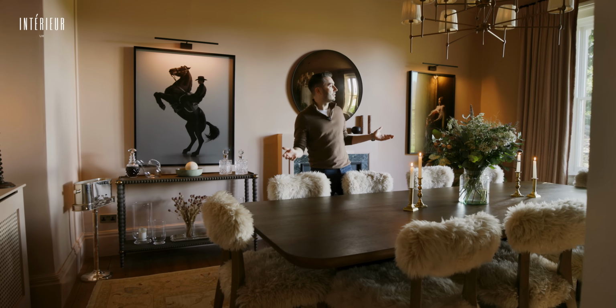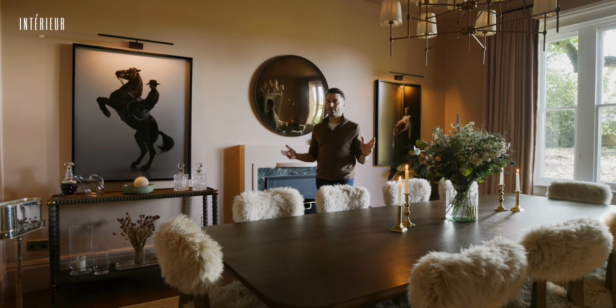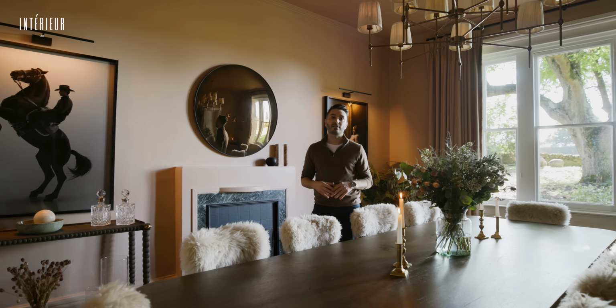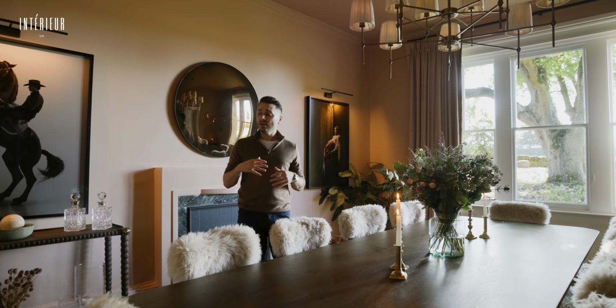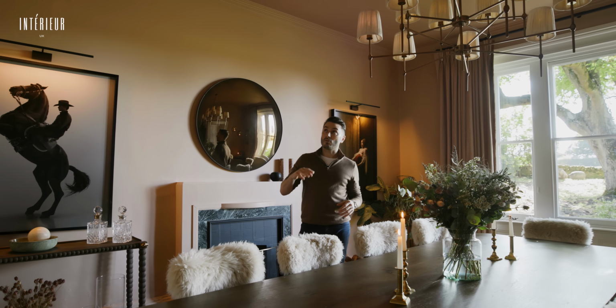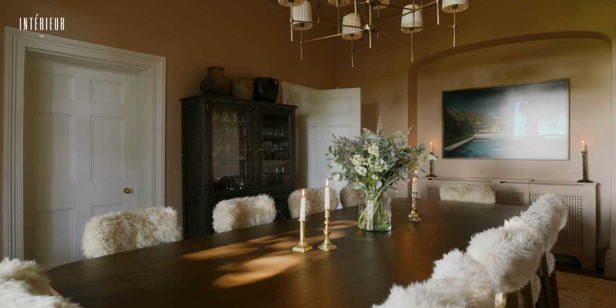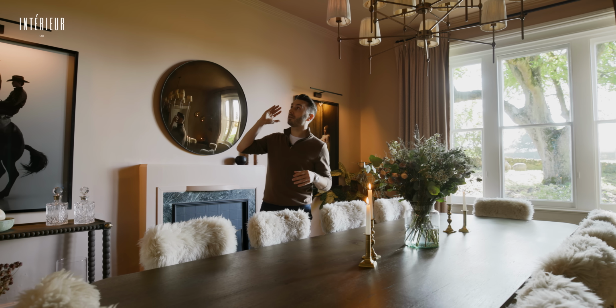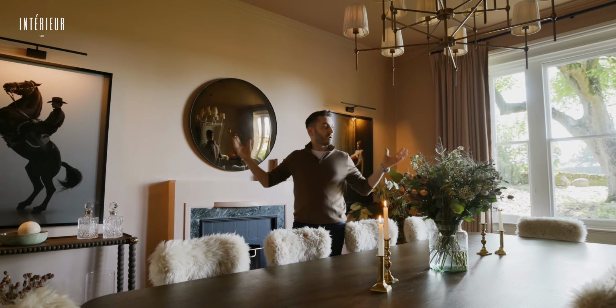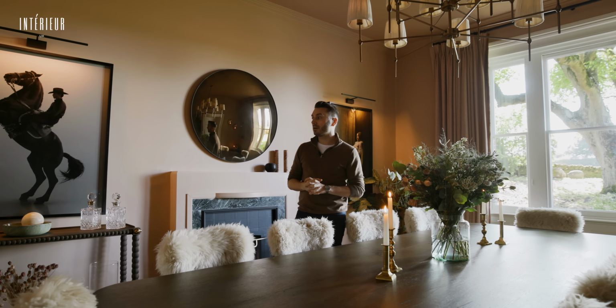Welcome to the dining room. As with the other areas of the house, this was about trying to bring some personality into the space without spending a fortune. The only things that we did to the structure of the room was painting. We went for color drenching. So we used the same color on the ceiling, the cornice, the walls and the skirting, just to bring a warm body of color